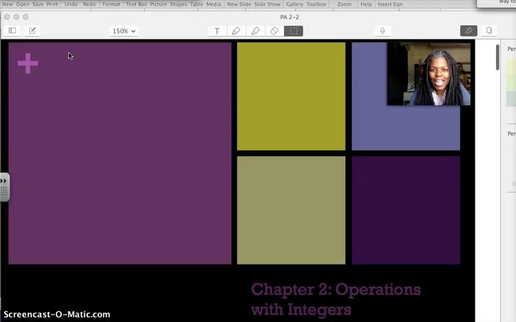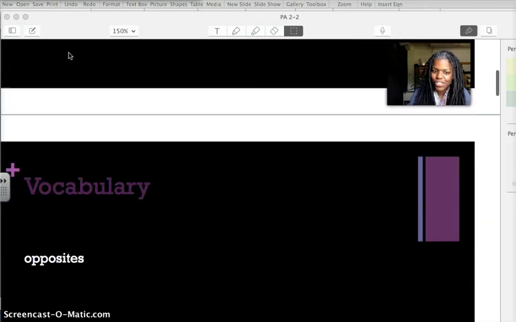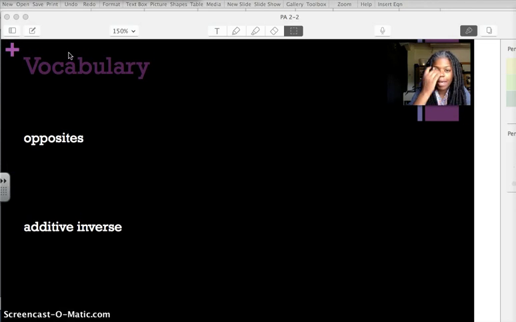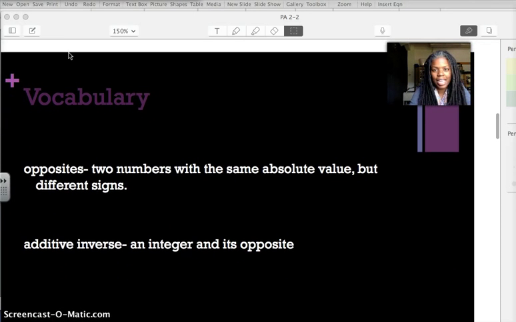Hi guys, we are in chapter 2 and we're looking at section 2.2, adding integers. So when we're talking about adding integers, a couple of good concepts for us to have are these two words that are very similar, opposites and additive inverse. The word opposites in this case means two numbers that have the same absolute value,